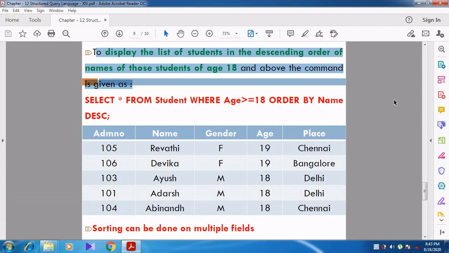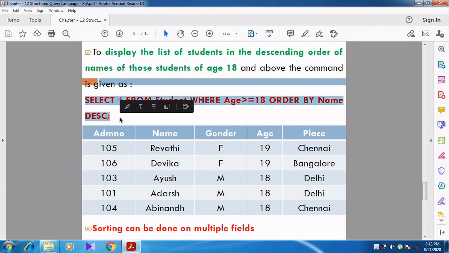So instead of just ORDER BY name, you want to specify ORDER BY name DESC. In the previous example we did not specify any order, ascending or descending. But now we want to specify DESC, because we are going to display the details in descending order. So SELECT * FROM student WHERE age >= 18 ORDER BY name DESC.